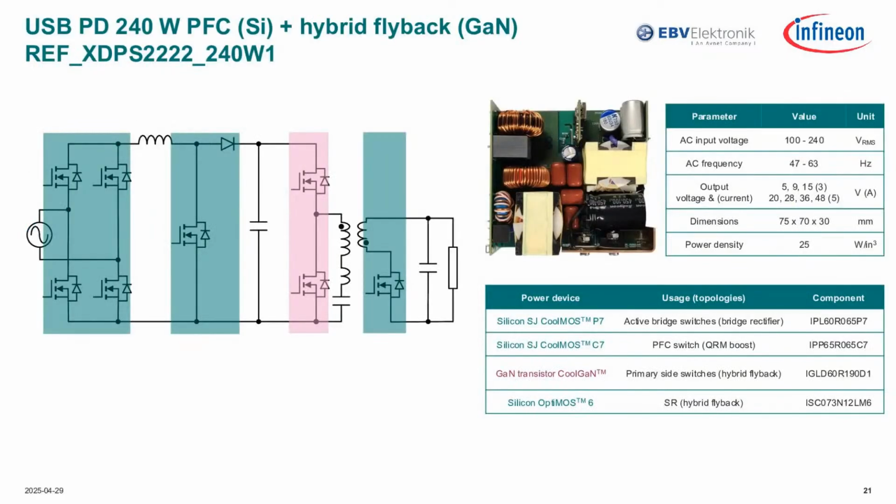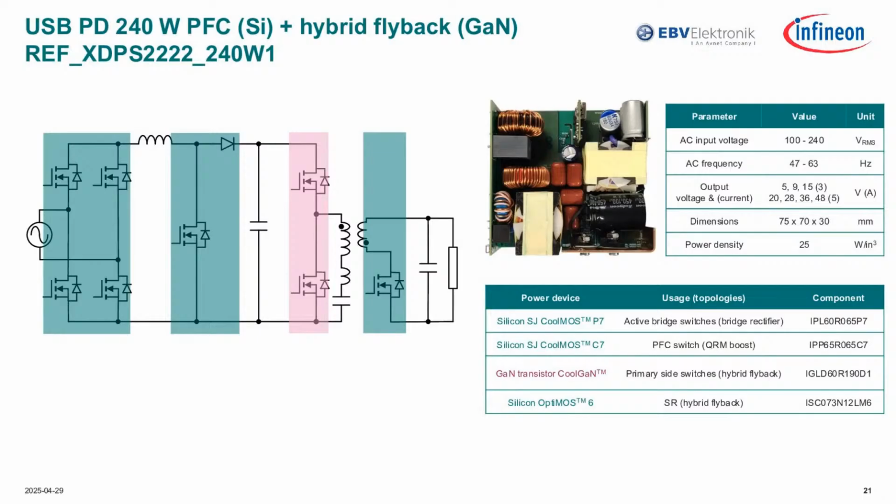So let us go to talking about the low power. This is a 240 watt USB PD. The topology is a traditional boost converter with the hybrid flyback. Here, because the PD requirement is high power density with a certain efficiency requirement, you can